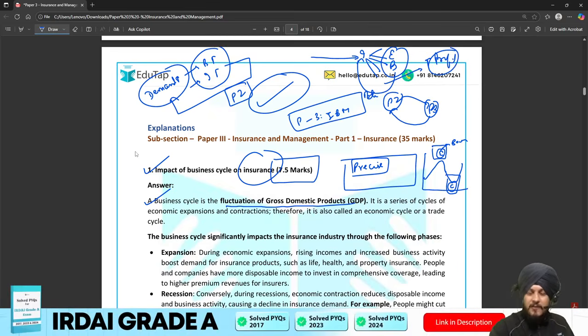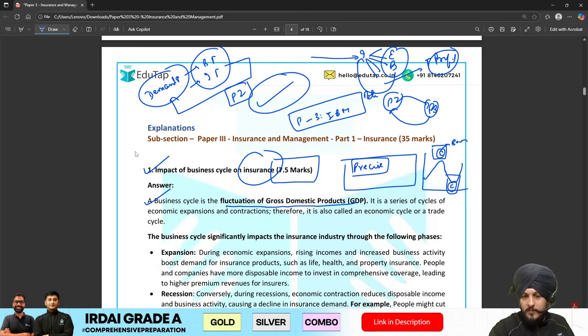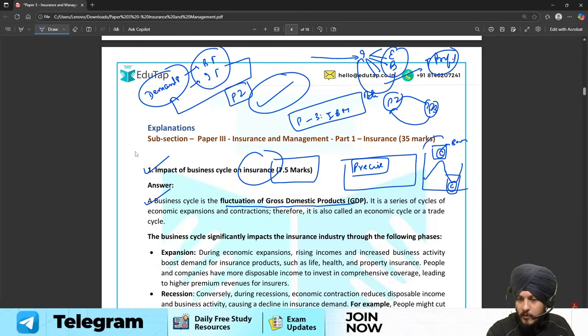So this is, I would say, just a sample that I'm discussing. This type of answer you should have written as a part of your examination. So firstly you can talk about the expansionary period, and just the opposite of that you can write over here in case of the contractionary period also.